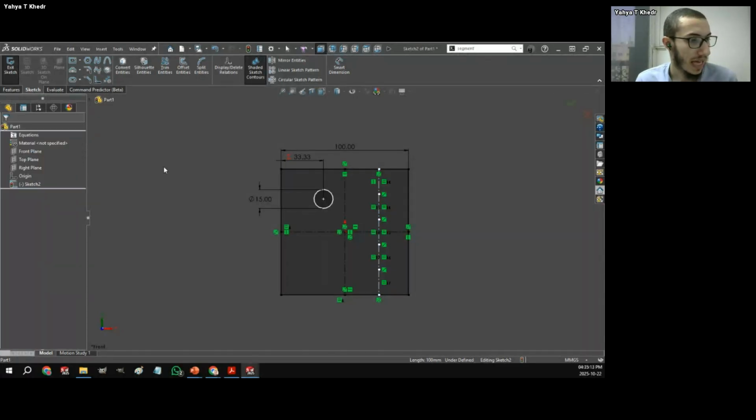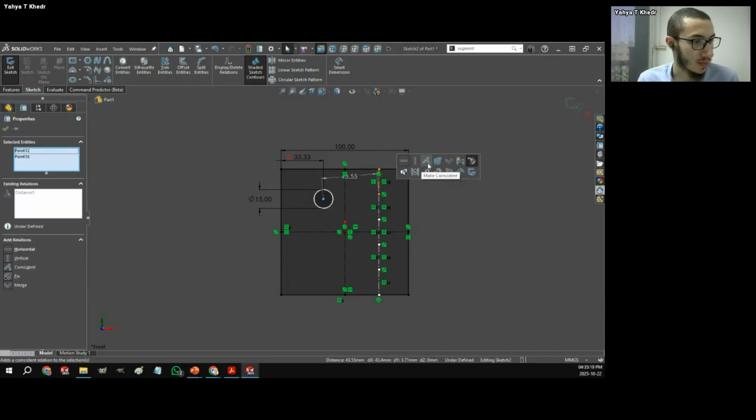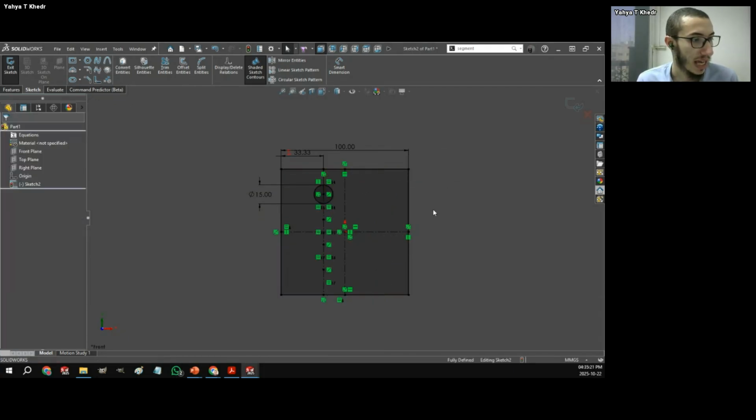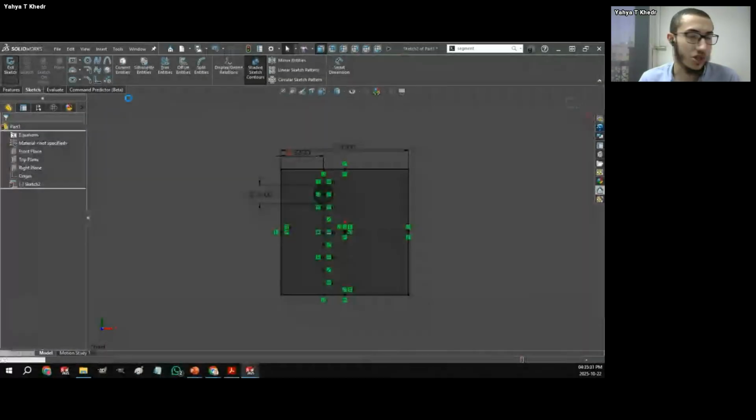Let's hit OK. And now all I have to do is just make sure that this point and that point are the same. So I'm just going to add a coincident relation, and just like that, as you can see, my sketch is fully defined. Okay, it's all looking good. It says fully defined over here. Now I can exit my sketch, and